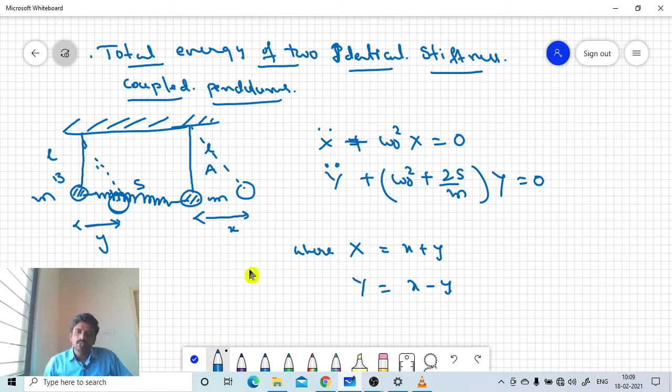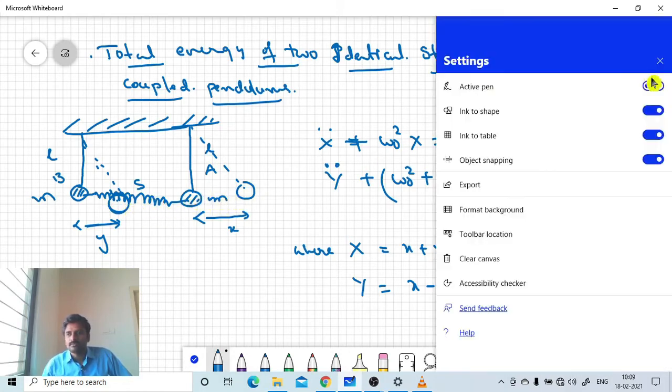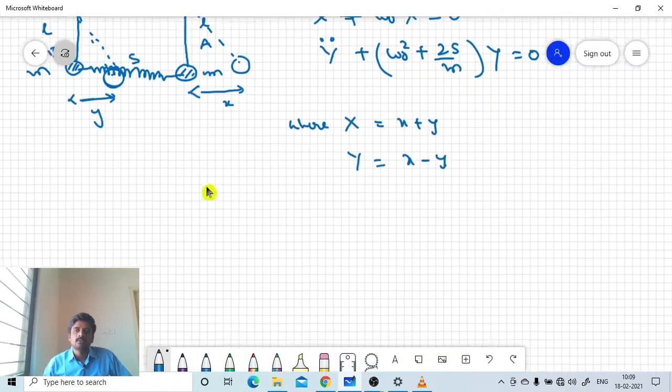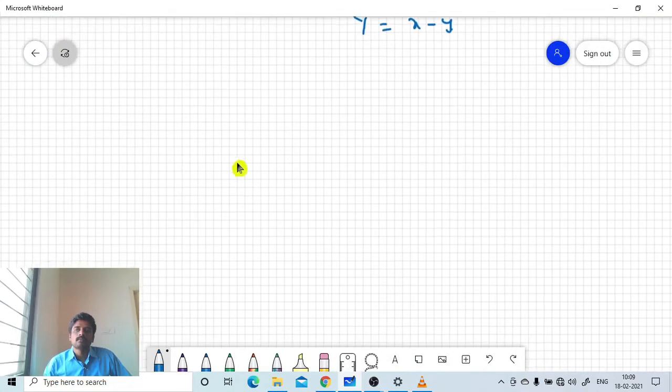So now we are going to find out the total energy of these pendulums. How much energy these two pendulums will store is what we are going to discuss in today's lecture. So now, if we take